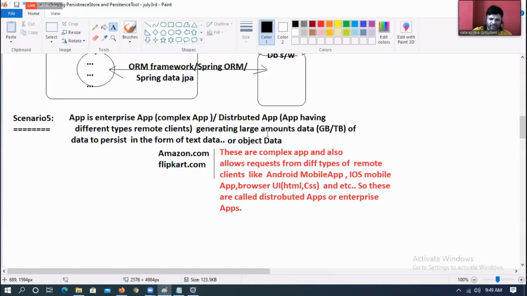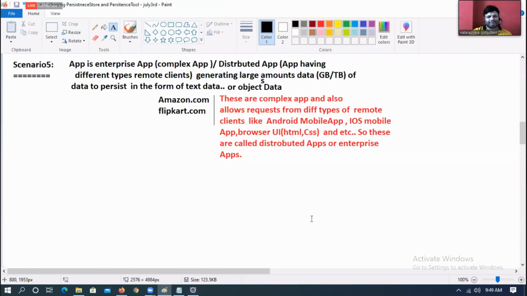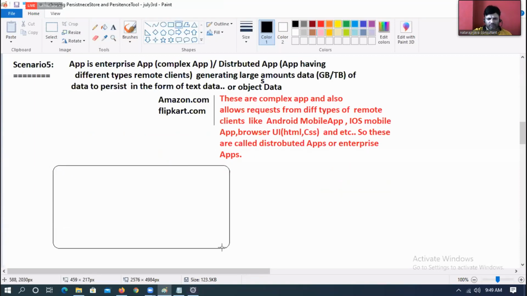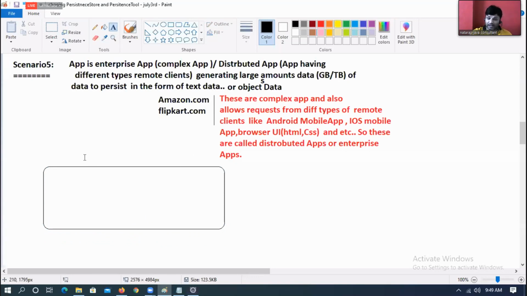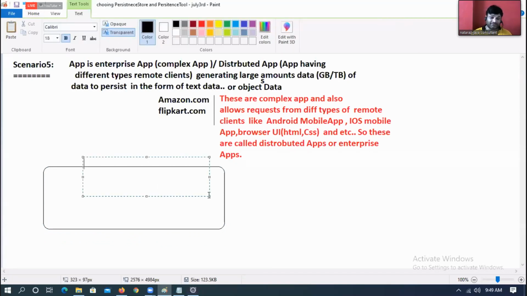If they are giving same data as objects data, then go for Hibernate environment. I mean to say ORM environment. So here, if they are generating both kinds of data, Java enterprise application.